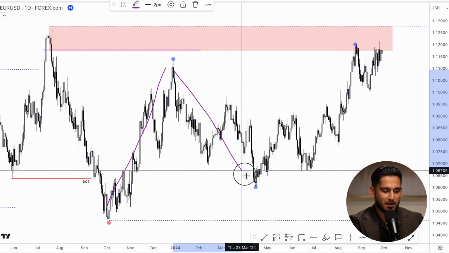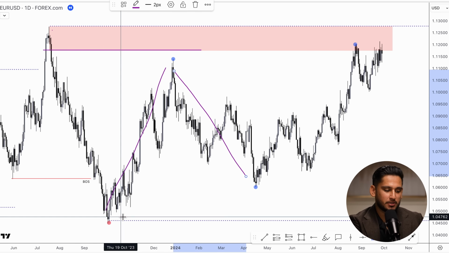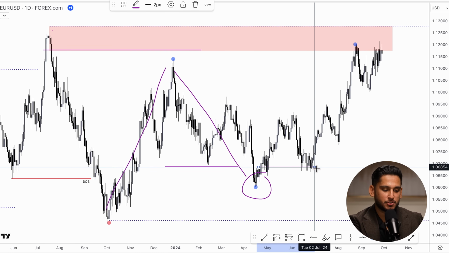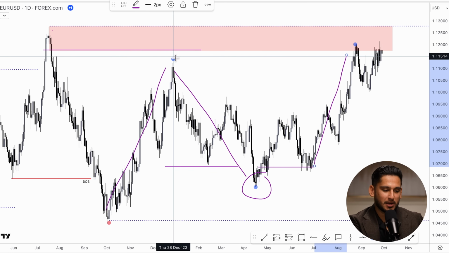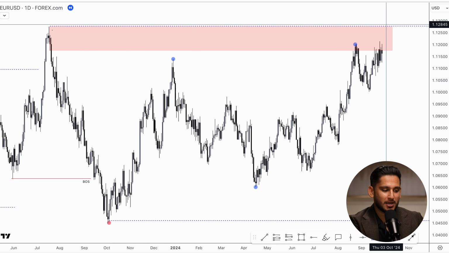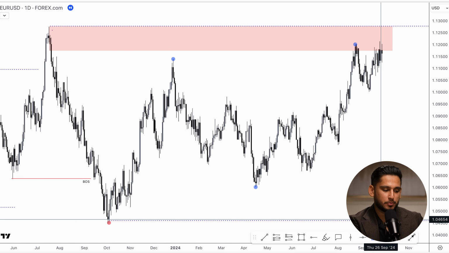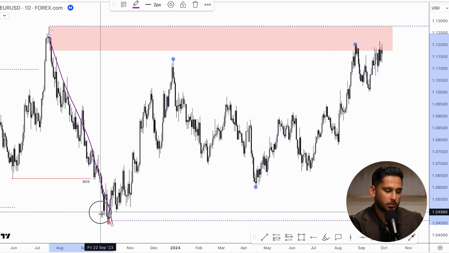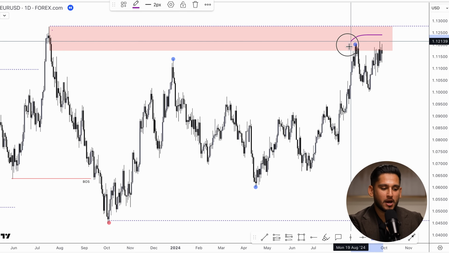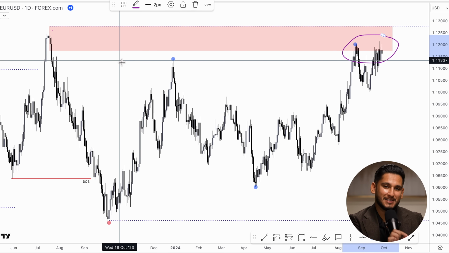So when this area fails to make a lower low, we know that we haven't found a new main push. We respected this. So we see the build up, we see the inducement, we see the mitigation. We know that we are completing the complex pullback and we make a new internal higher high inside this range. As long as we are inside the dotted lines of the main push that we found, the lower high that made a lower low, we know we are in internal price action and the overall trend is still bearish. Now, as we arrive at the point of interest that we marked, this is where I'm interested